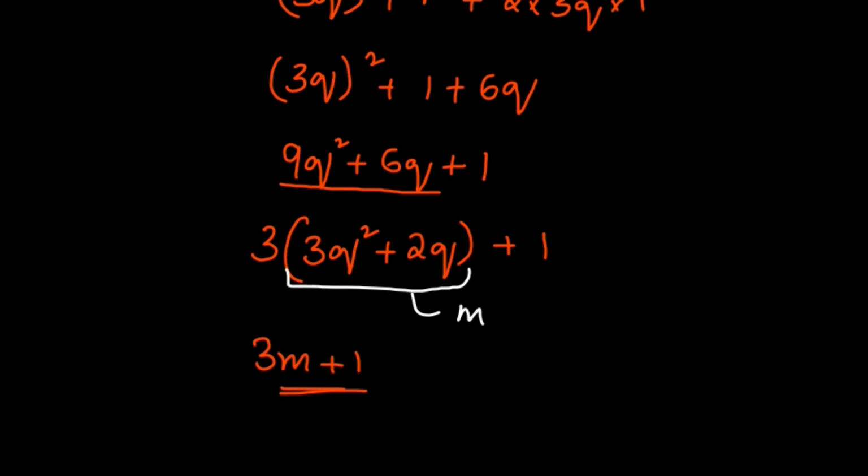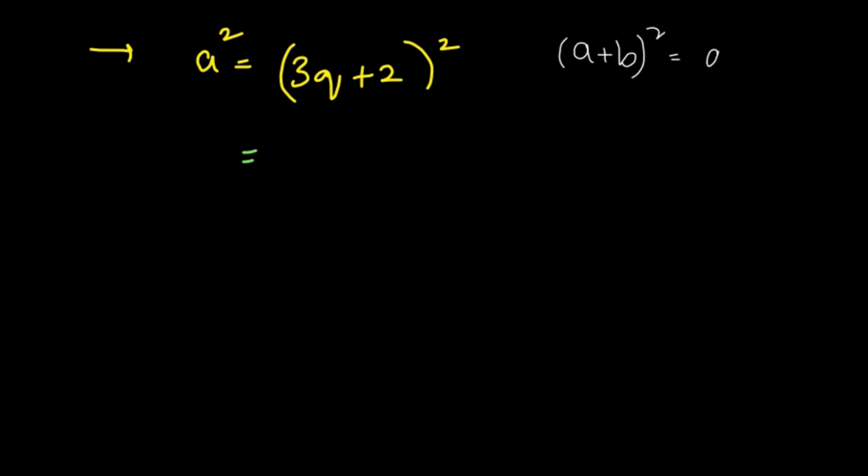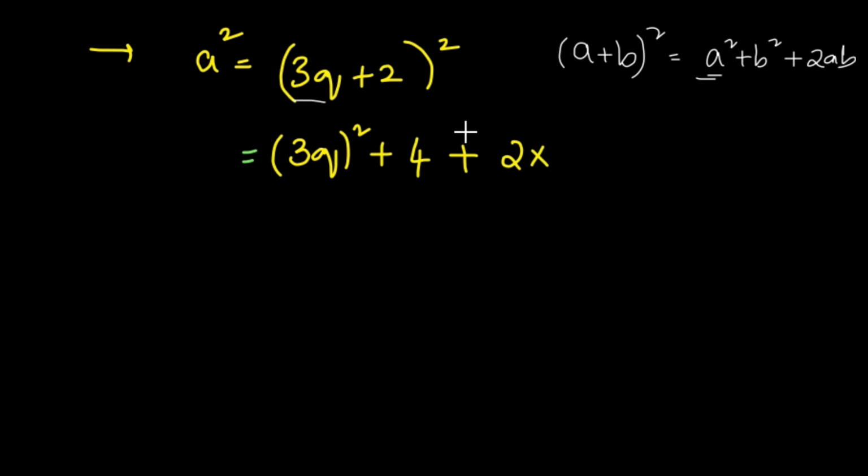नेक्स्ट स्टेप, हम a इक्वल्स 3q प्लस 2 को स्क्वायर करेंगे, we get, using the formula, सेम फॉर्मूला जो लास्ट टाइम यूज़ किया हुआ था, a प्लस b द होल स्क्वायर इक्वल्स a स्क्वायर प्लस b स्क्वायर प्लस 2ab। a स्क्वायर क्या है, 3q स्क्वायर, 3q होल स्क्वायर प्लस b स्क्वायर क्या है, 2 स्क्वायर का है 4, प्लस 2 मल्टीप्लाइड बाय 3q मल्टीप्लाइड बाय b इज 2, we get 9q square plus 4 plus 3 2 ज़ा 6, 2 ज़ा 12q।